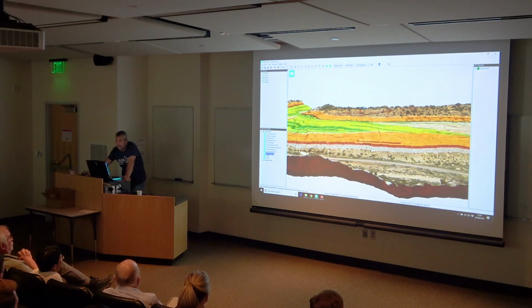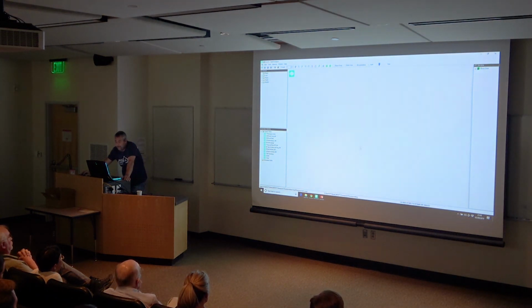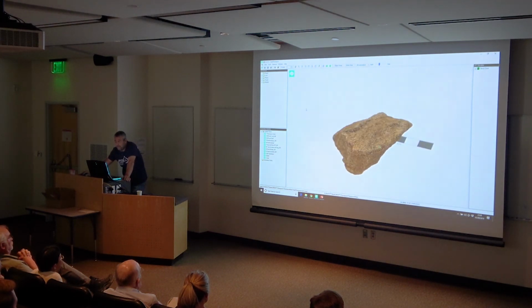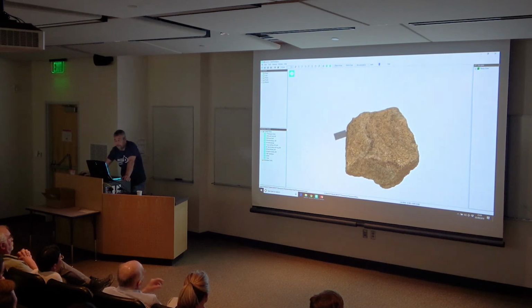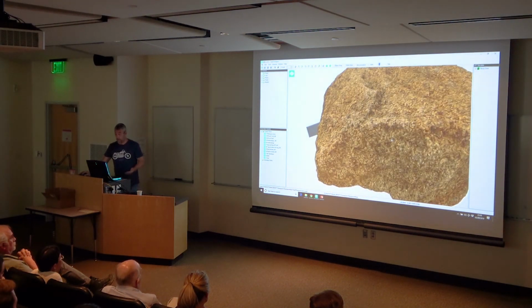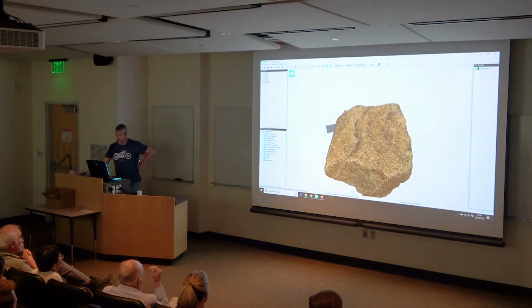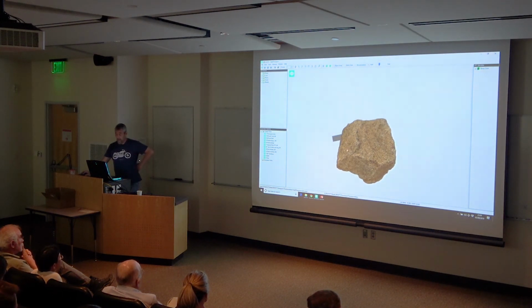And then if we want to take it down a step again, this is actually a 3D model of a hand specimen of the sandstone. So you could place this within the model and, if you want students to see what the sandstone actually looks like, you can. It's not quite the same as handling it, obviously, but you can see it, and you can do this with fossils or any other feature.